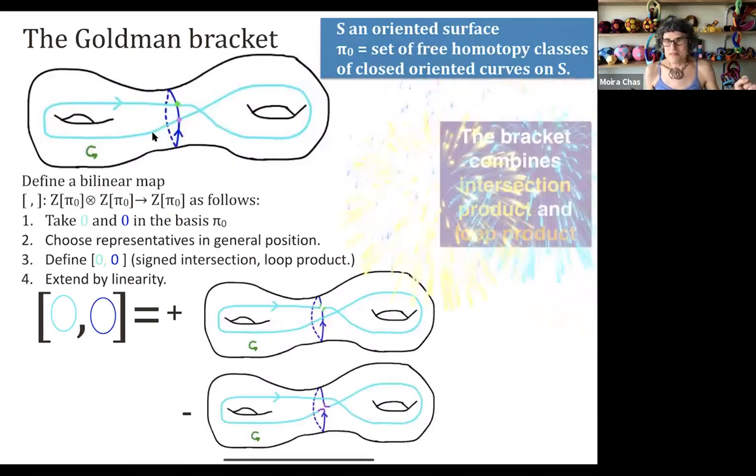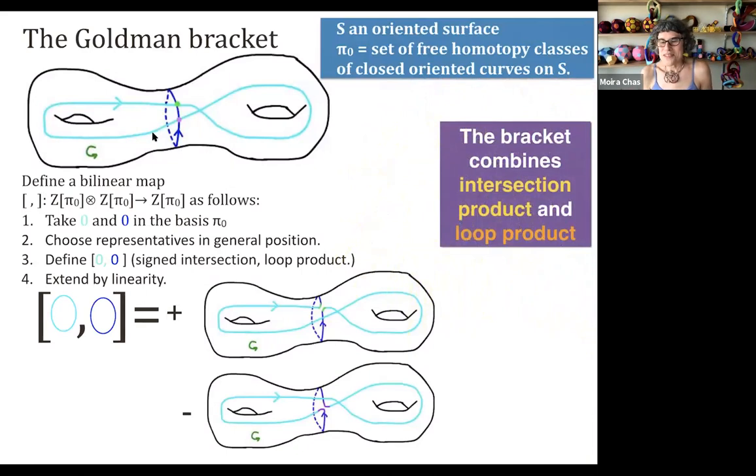And here I have, yeah, this is something that is important. So I use the Goldman bracket. Notice that it combines two structures that we know very well. One is the intersection product of sets, the nice sets that intersect; this is transversal intersection. And the other is the loop product, the product of the loops in the fundamental group. We're putting them together. So if you have two free homotopic classes,